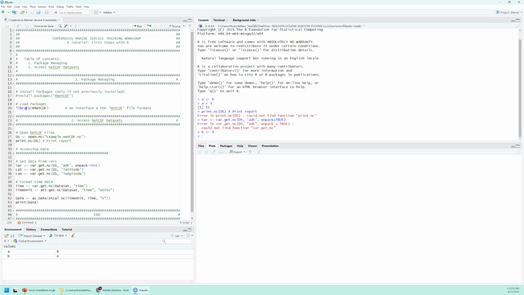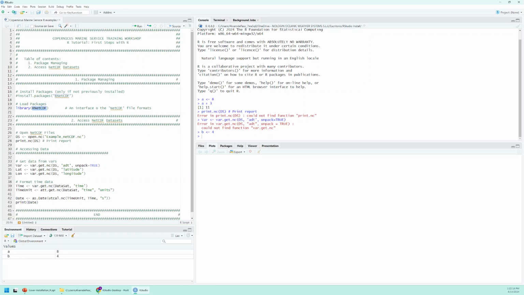So once you have installed those packages, you have access to a set of functions that are very useful for different processes, right? In our case, since we want to open a netcdf file, we are going to try to load the RNetCDF